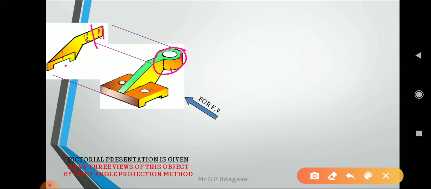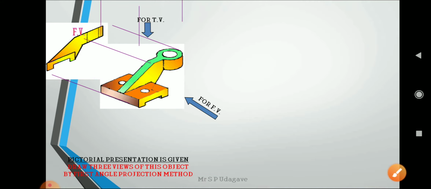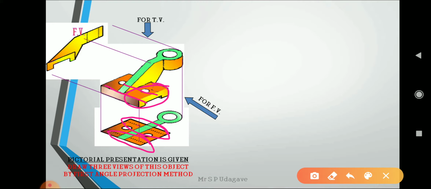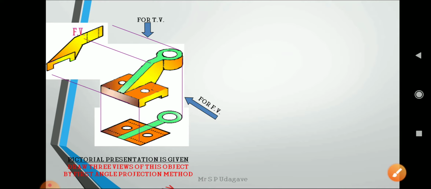Similarly, these two holes are also represented here with dotted lines, as you can see in the orthographic projection. Take the projection from the top view also, which is the visible portion, and the slot provided throughout the object for the base is not a visible portion, so it is represented with a dotted line. Two edges are present throughout the object, so two dotted lines, invisible lines, we show with dotted lines in the top view. Similarly we can complete the side view also.